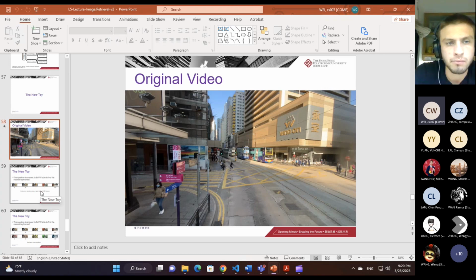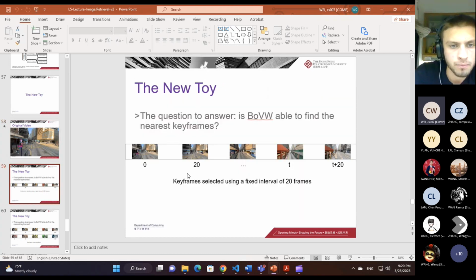You have a video, and we are looking for some keyframes for that video. For example, we can take the 20th as a keyframe, and every 20 frames you can consider a keyframe there. Last time we were just trying to verify if the BOVW worked for this. The way we're doing it is